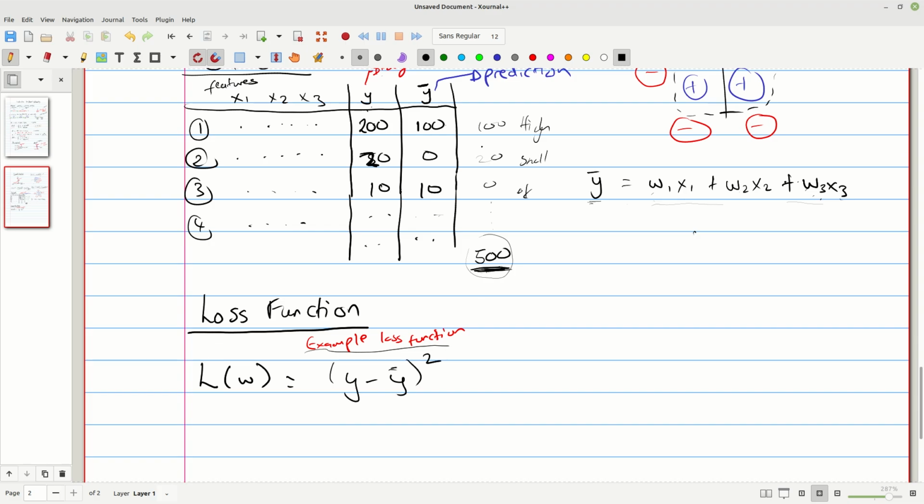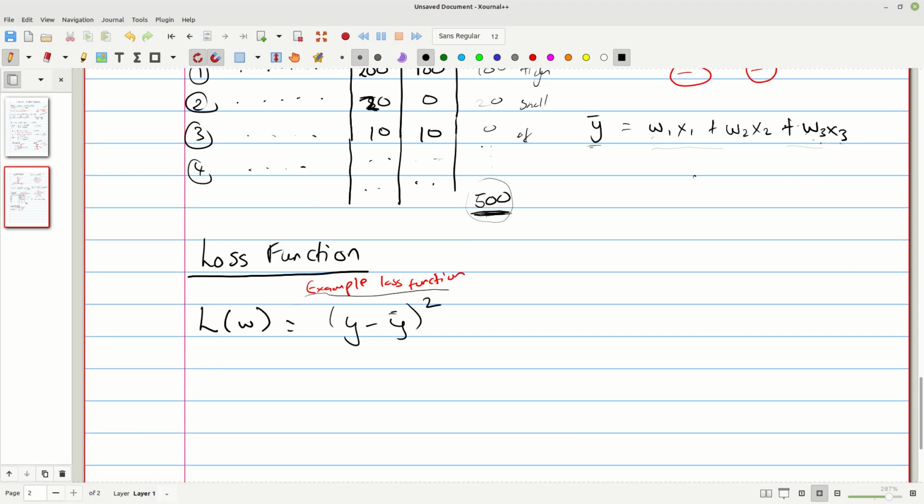So there are many different kinds of loss functions we can define depending on the kind of problem we're solving. Here I'm just showing you an example of a loss function, and each and every loss function has different motivations based on why you'd want to use it. But the idea that I'm trying to show here is, let's say for instance, we define our loss function, L of W, and let's say it looks like this.